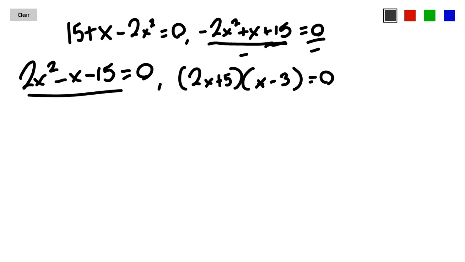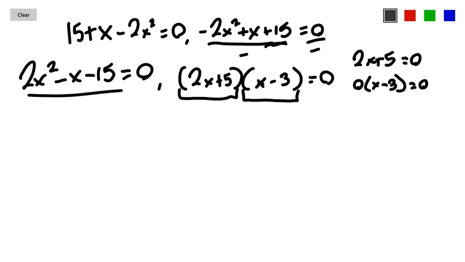We're going to take this a step further. Notice that we have two terms multiplied by each other: a 2x plus 5 term and an x minus 3 term. The way that we can guarantee that this equation equals 0 is if at least one of these factors is 0. Because if we set 2x plus 5 equal to 0, then we'll be left with 0 times x minus 3, and 0 times anything just gives us 0. That's why we set each of these factors equal to 0,